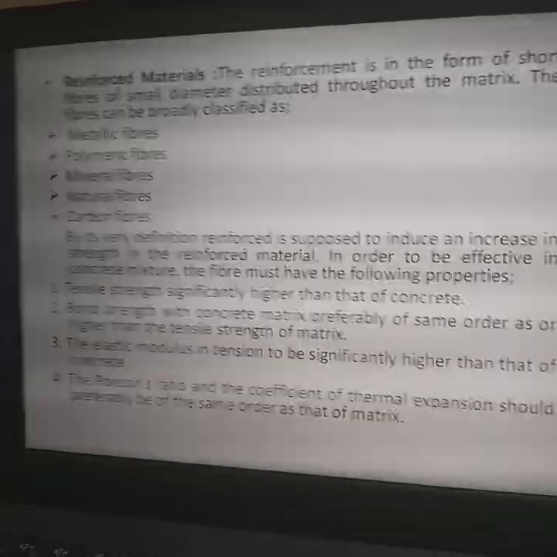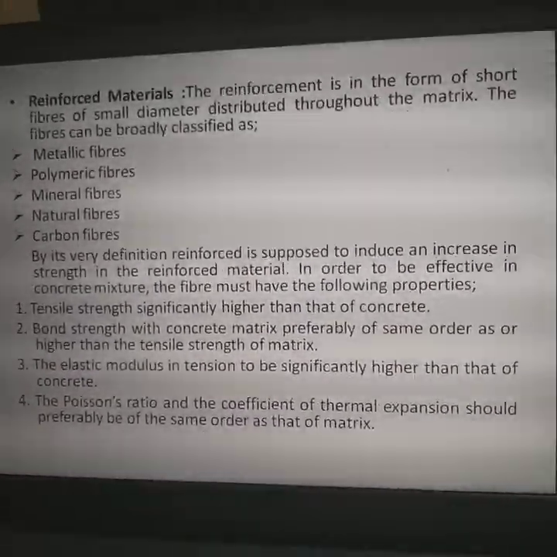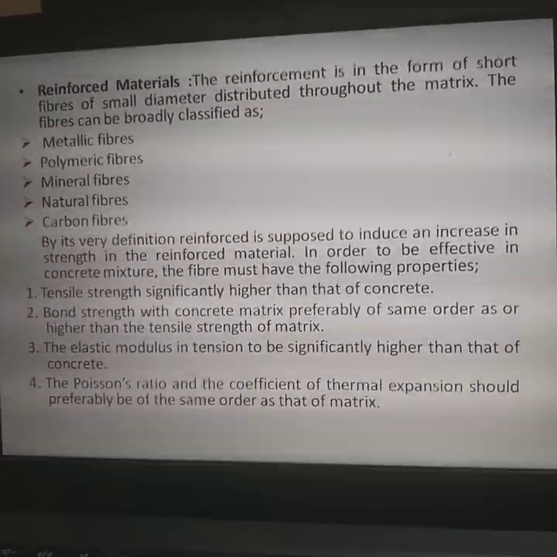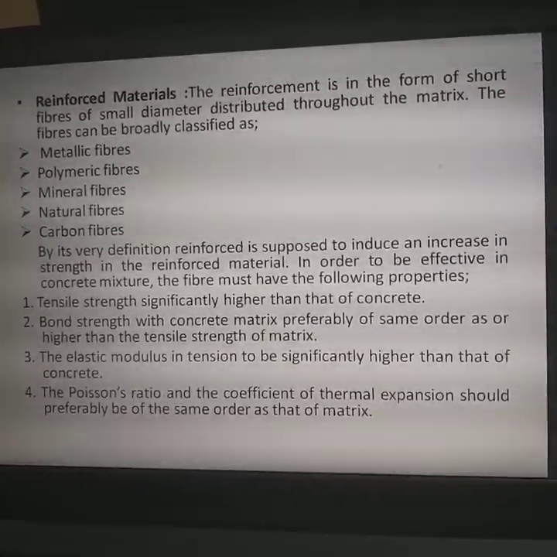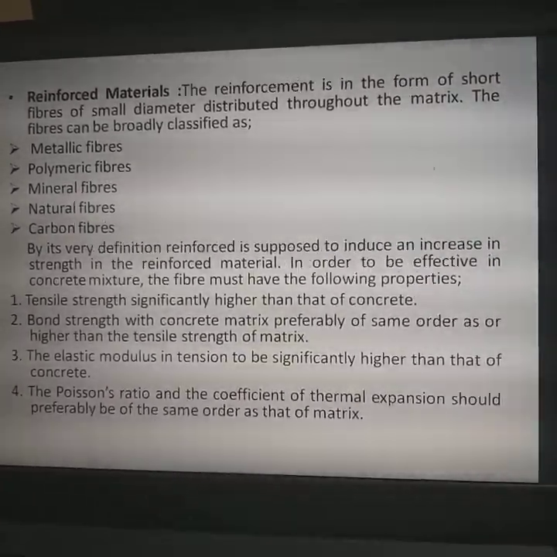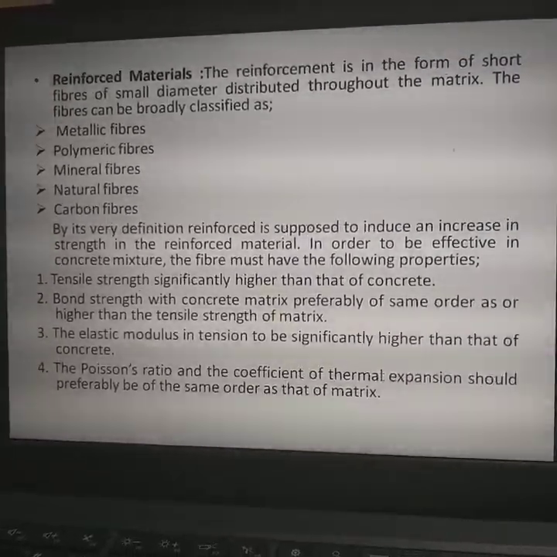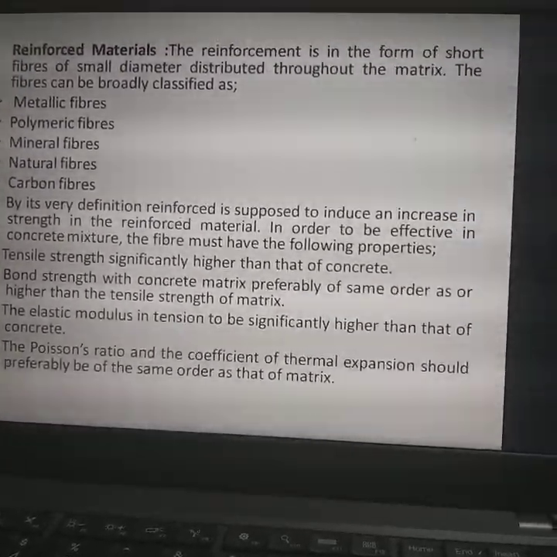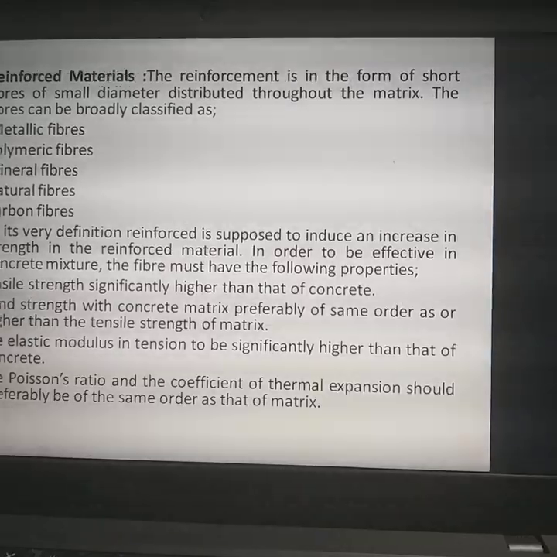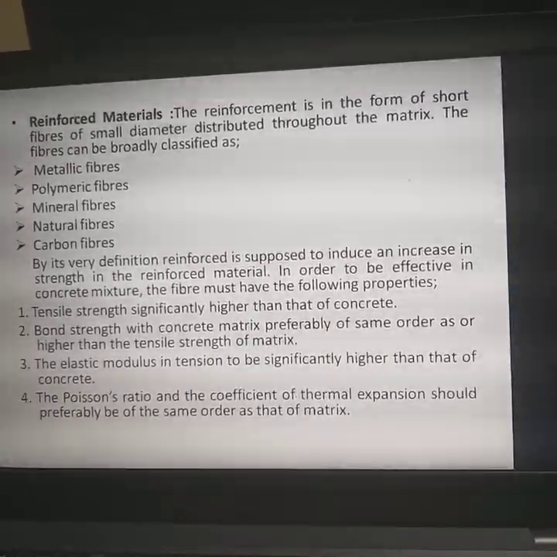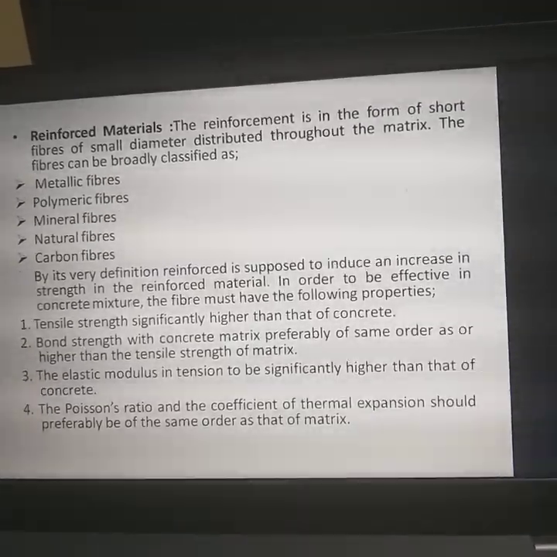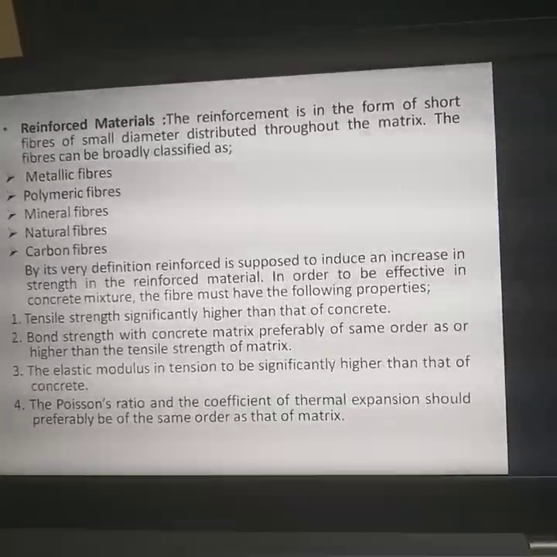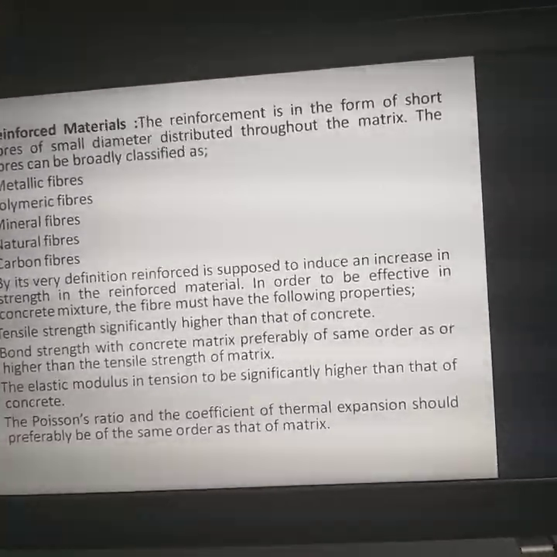These metallic fibers are made out of either carbon steel or stainless steel, and whatever fibers you select should possess a greater tensile strength. Metallic fibers generally have a tensile strength in the range of 345 megapascal to 1400 megapascal, and the Young's modulus, which is one of the required properties of any steel fiber, is 200 megapascal. The fiber cross section may be anything: circular, rectangular, or irregular. Generally in an RC section we have a circular cross section for a steel bar, but in the case of fibers you can select any type of cross section.